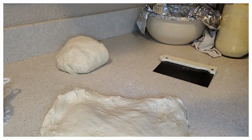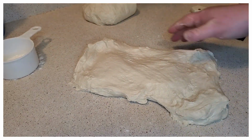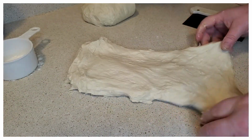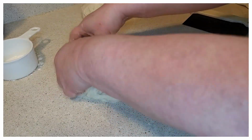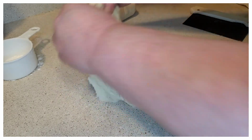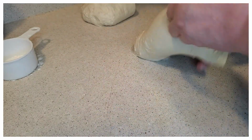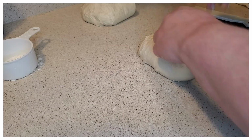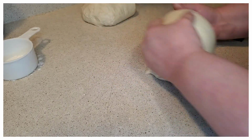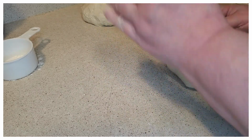So just go ahead and do a rectangle of the dough like how I'm doing it. Just keep working with it, stretching it out, just like that. And then we're going to do a half fold and do the other half fold, just like that. Okay, and then now we're just going to roll it up, and then this is where we're going to drag it onto the table,